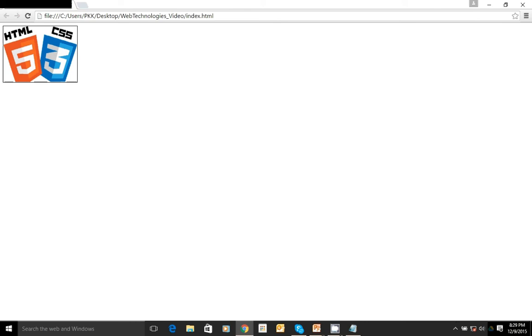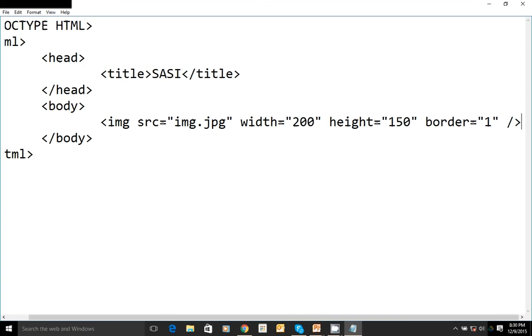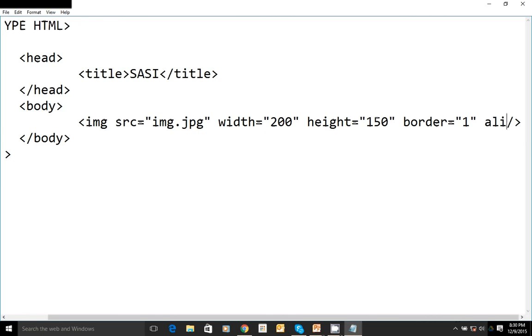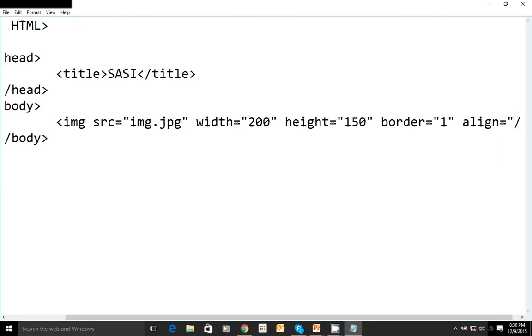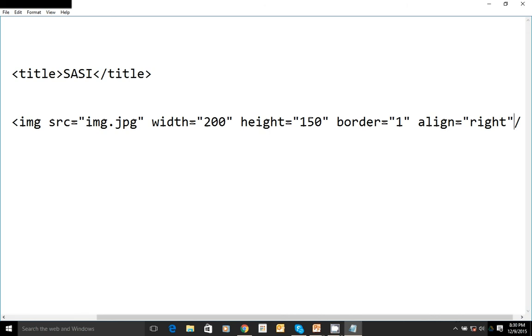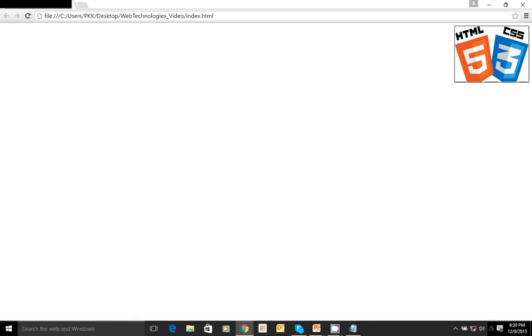Yeah, this image height is 150, width is 200, and border is drawn with one pixel thickness, and of course the image name is img.jpg. And of course we can do align equal to, if you say right, the alignment will happen to the right of the screen.